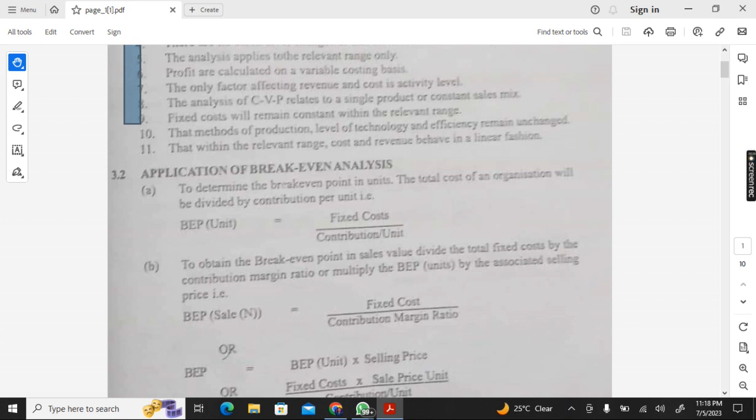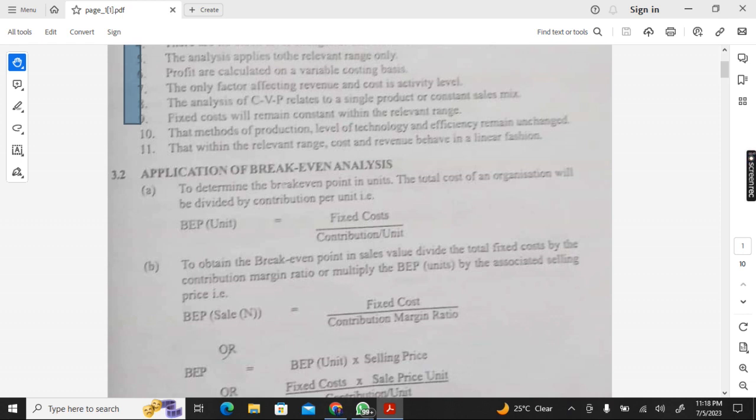That means there's no sale, neither profit nor loss. So that's our break even point. Sorry, I was supposed to have explained that before. So now for our break even point in units, now we want to know